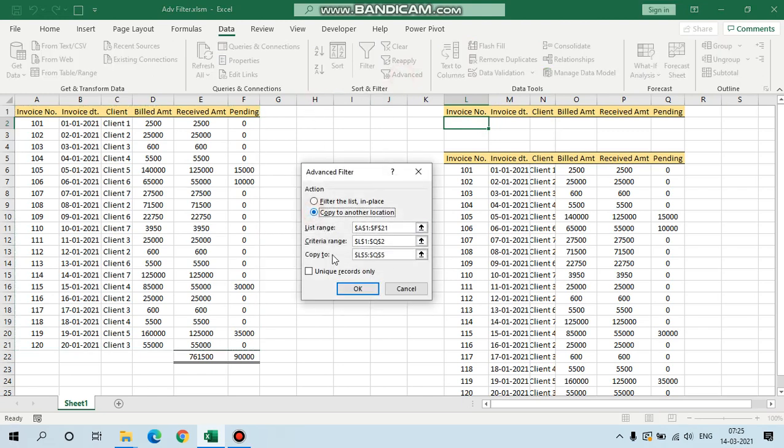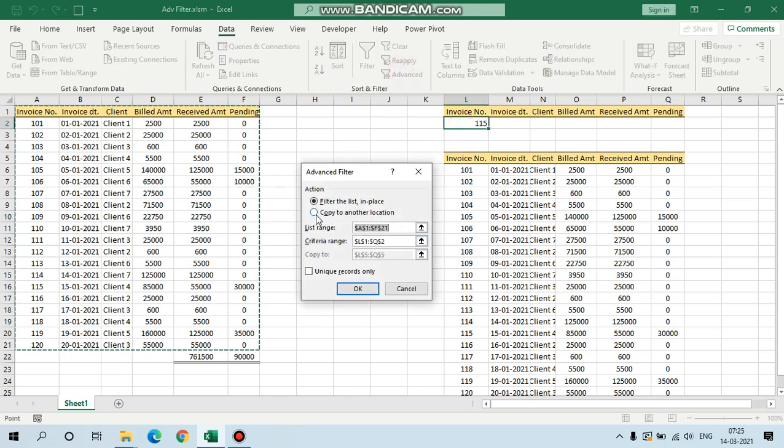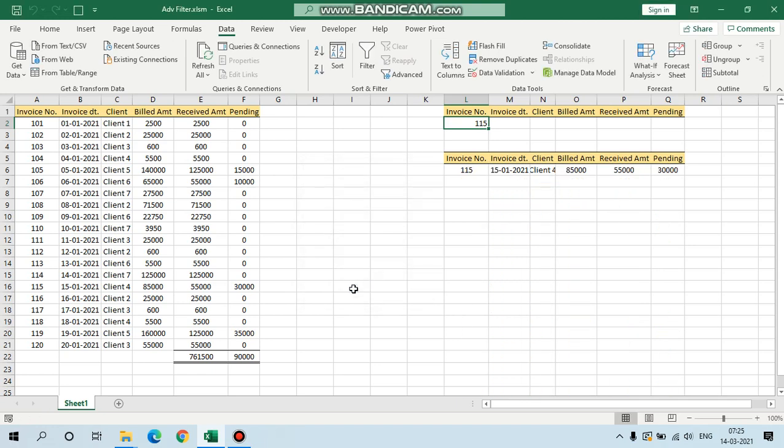This time, I would like to know about invoice number 115. The list range is the same, criteria is the same, copy to is the same. Just say okay. It gives information about bill number 115.